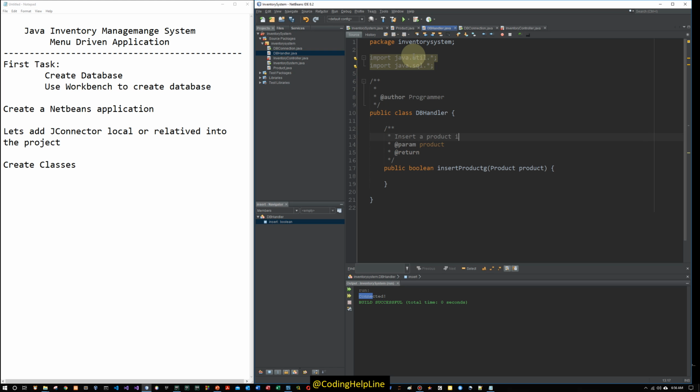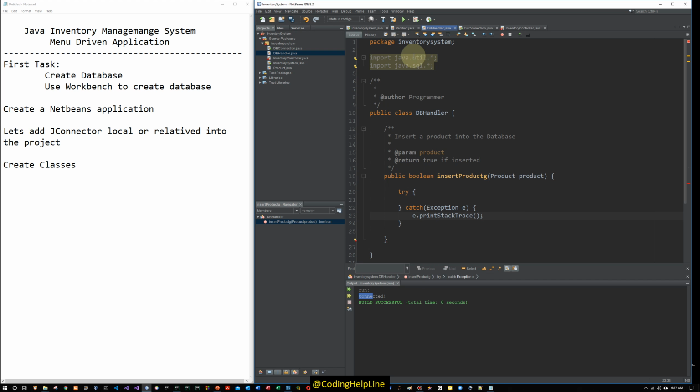Insert a product into the database, return true if inserted. Try catch exception, e.printStackTrace, boolean result is equal to false, return result. Now we write here SQL, string SQL is equal to